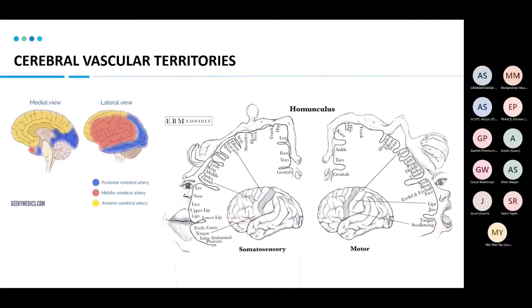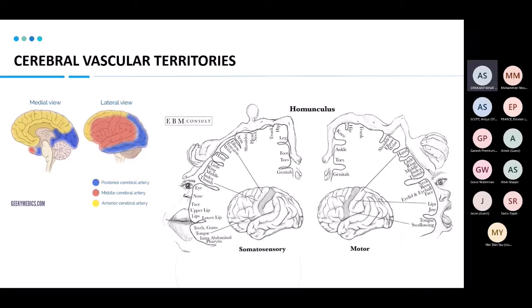So this is your homunculus, and it represents the amount of information gathered in each part of the brain for each part of your body, and the proportions of each part of your body depend on how much input your brain has for that area. So if you look here,